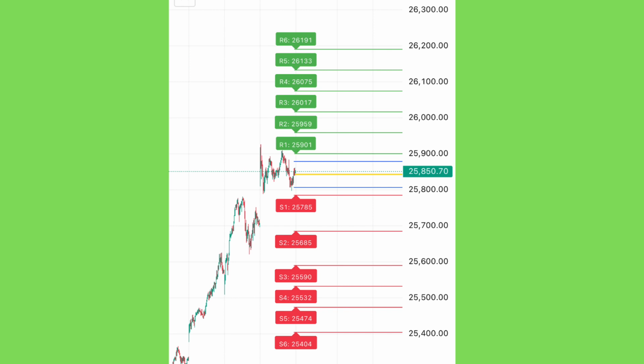So, here is your core execution plan for the 1 hour. Wait for the pre-open to gauge the gap. The best trades will be initiated on a decisive breakout above R1, 25,901, or a breakdown below S1, 25,785. And the most important advice, keep your position size small. Muhurat trading is for Shubh Arambh, an auspicious beginning. Many only buy one stock or one lot as a token investment for the new year, rather than aggressive trading.